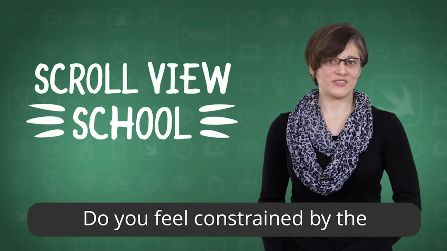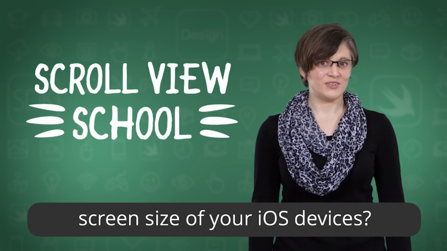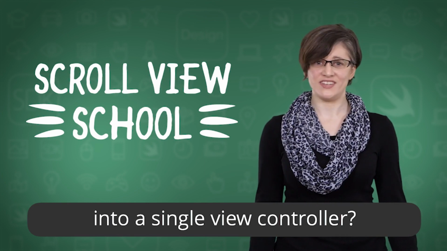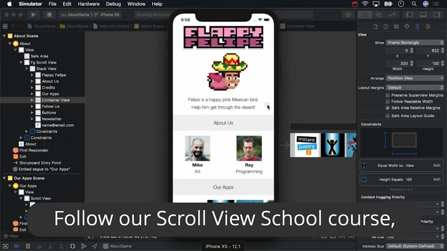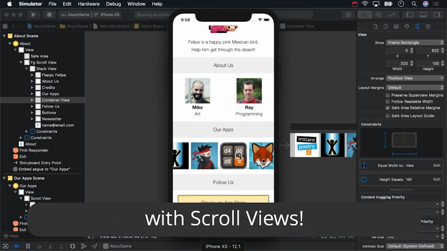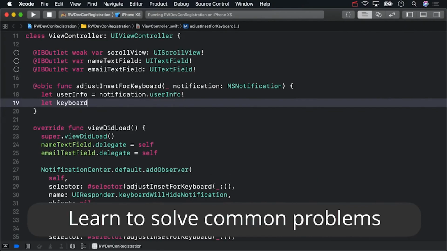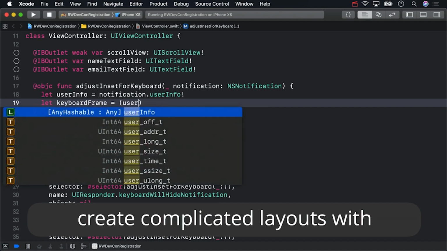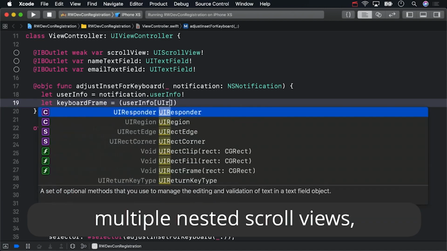Do you feel constrained by the screen size of your iOS devices? Want to learn how to fit more content into a single view controller? Follow our Scroll View School course, and you'll be able to scroll, zoom, and page through views in your apps with scroll views. Learn to solve common problems like keyboard intrusion, create complicated layouts with multiple nested scroll views, and